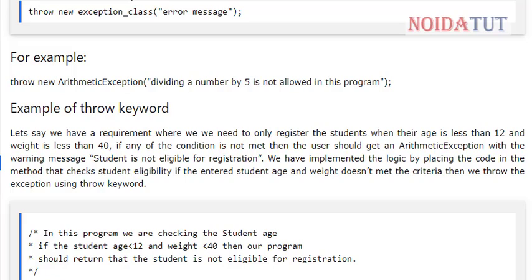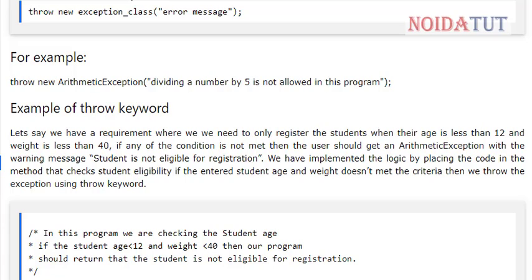Let us have a look at an example of the throw keyword. Let's say we have a requirement where we need to register students whose age is less than 12 and weight is less than 40.